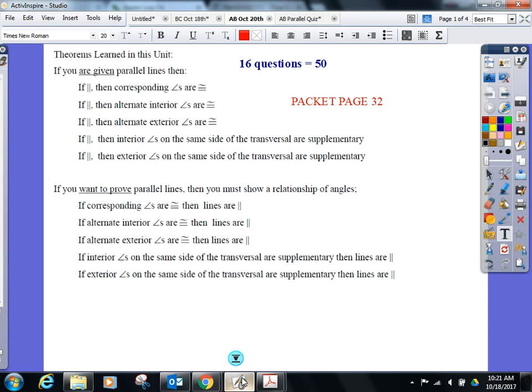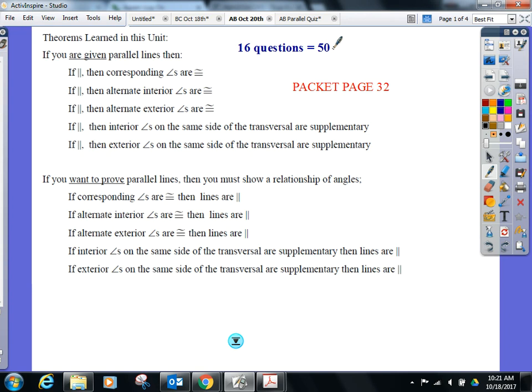Here's the review for the Geometry AB Parallel and Perpendicular Lines test. I'm on packet page 32 right now, if you could go to that real quickly. The test will consist of 16 questions for 50 points. It'll be a mixture of some multiple choice, some short answer where you have to show some algebra and do